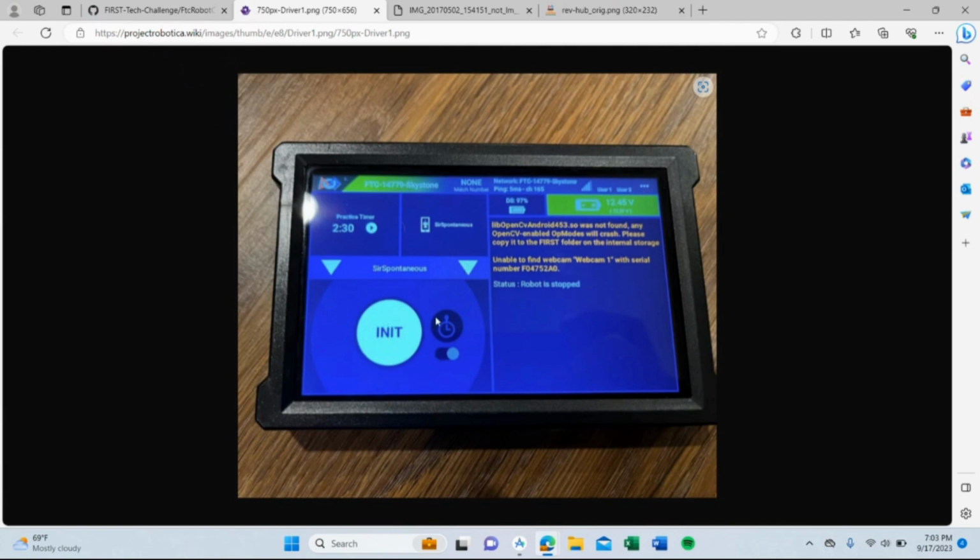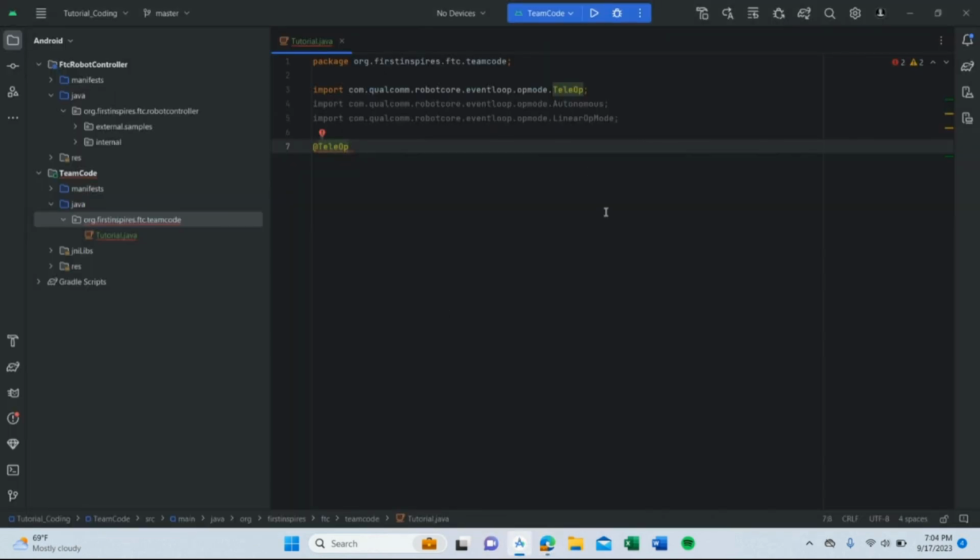This init button is kind of like initializing your code. So you'll have stuff before, and we'll see in a minute that you have stuff before your actual code is operating. And this is just battery level, driver station battery level, stuff like that. And we'll get back into that in a second. But for right now, this is teleop, and then